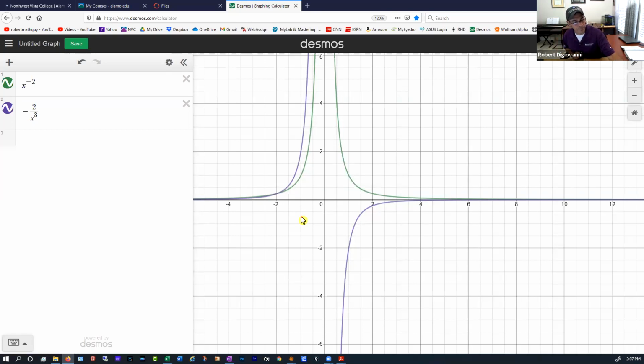So let's do this. I'd like for you to think about, remember the green is the original function and the purple is its derivative. So let's go to the value of 1, okay? Let's go up to the original function right there. And I'm going to ask somebody,